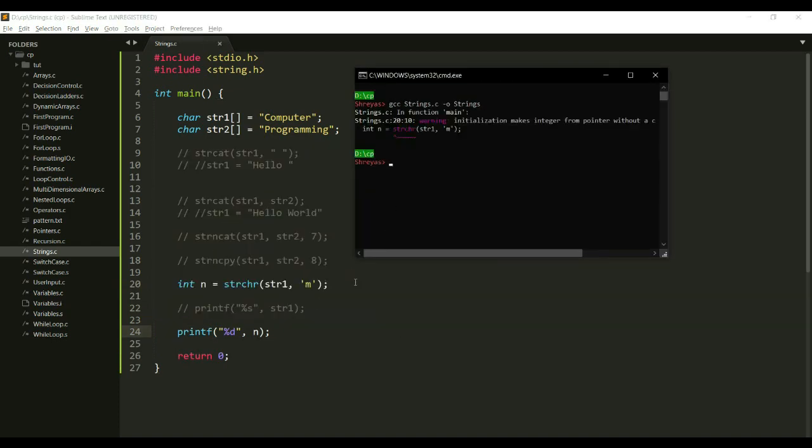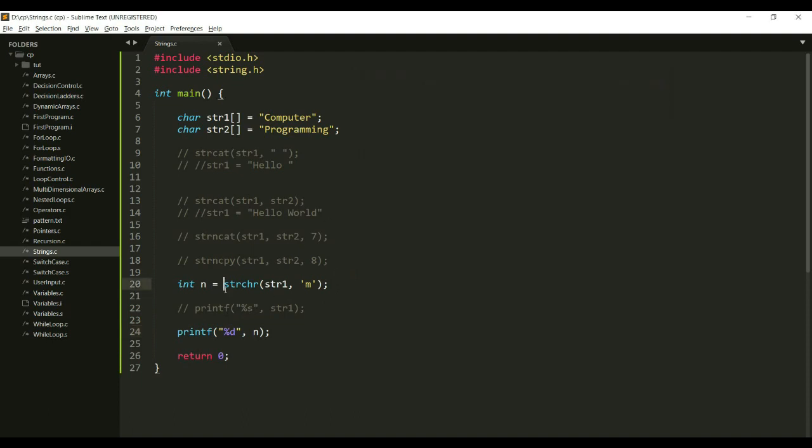And this is giving me a warning because what this strchr actually gives me is the address of this character m in this string right here. So what I should do is I should just do a char star here, and let's also just, instead of printing this, let's print